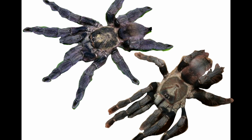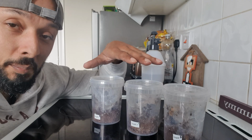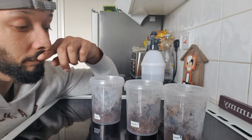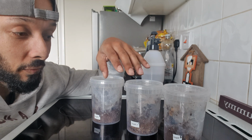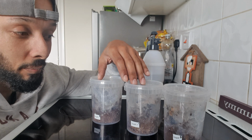It's the same spider as the 2 pictures here show, going through different colour phases as they mature, which is amazing. I'm absolutely amazed I've managed to keep these 3 alive. No idea if they're male or female, but I'm going to sex them when I move them over. So I'm just going to feed them today to show you, but I am going to move these over to